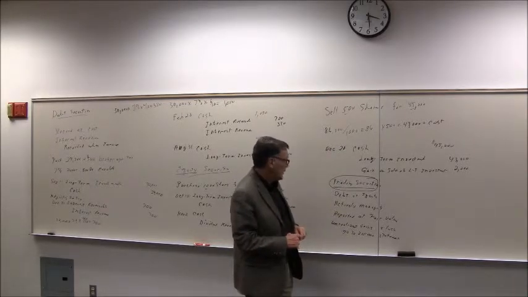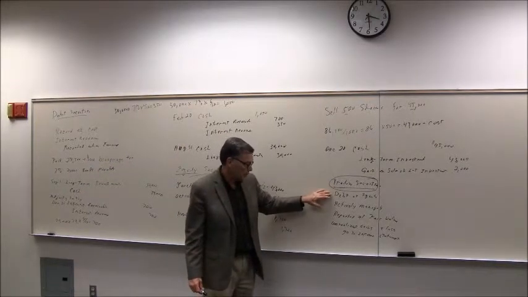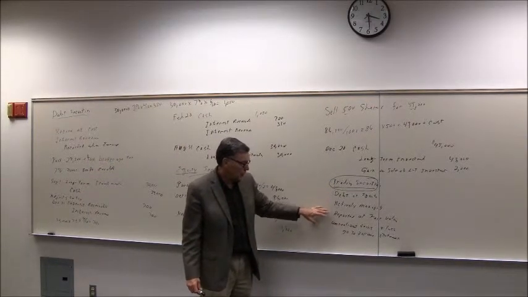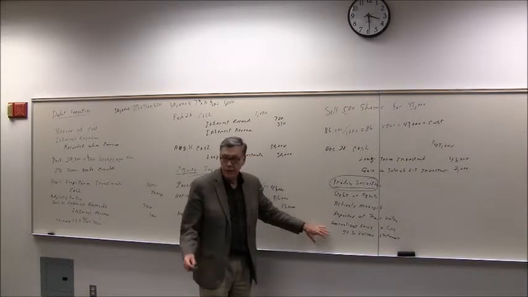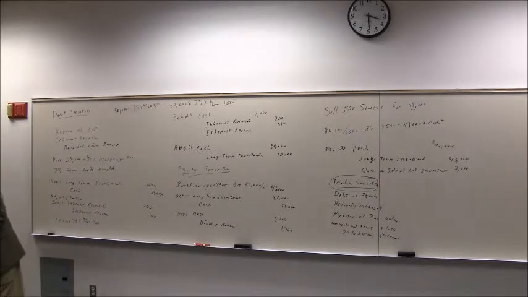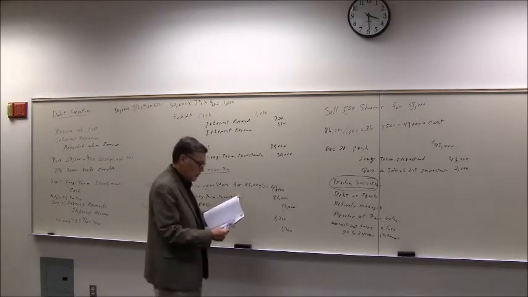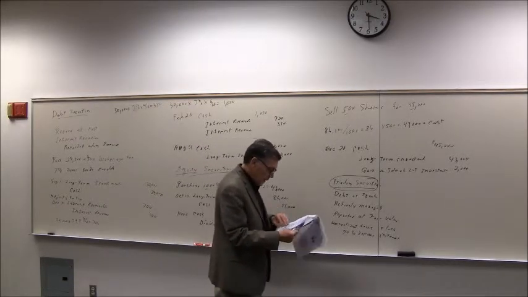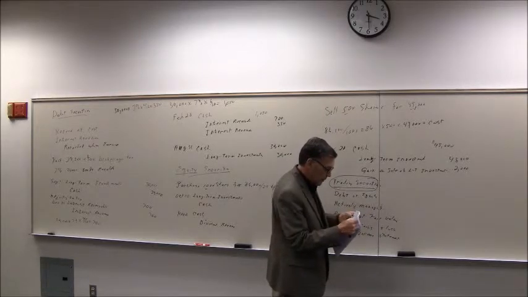Now let's kind of get into this chapter. Here we have trading securities. Now trading securities can either be debt or equity. They're actively managed. They're reported at fair value. And unrealized gains and losses go to the income statement. We reported that earlier in our overview, but let's go ahead and report it now when we're dealing with trading securities specifically. So let's go through just some of the transactions as an example.